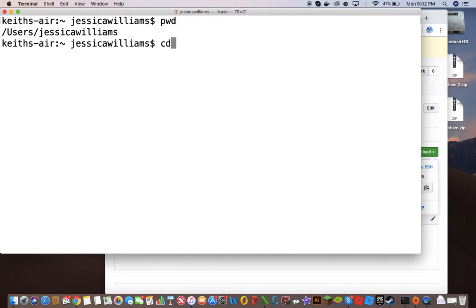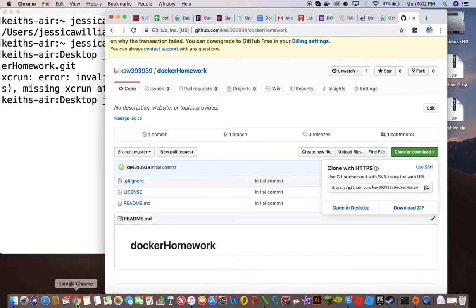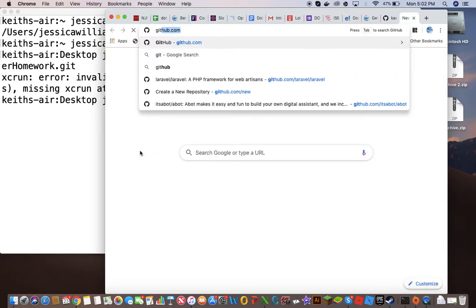Anyway, so I'm going to go to my desktop, and on my desktop or wherever you want to store your projects, I'm going to do a Git Clone and paste this URL. And here we have a little mistake, but what I'm going to do here is I'll fix this. So just real quick,